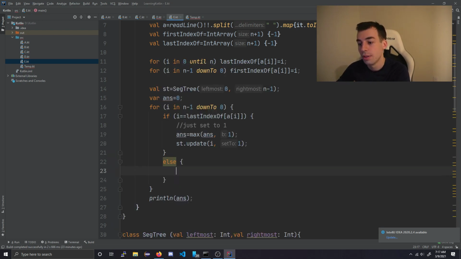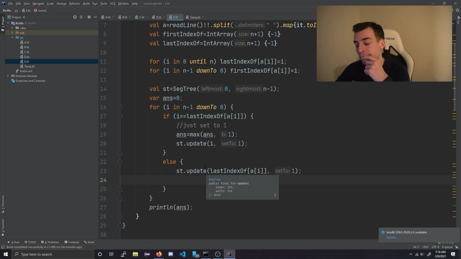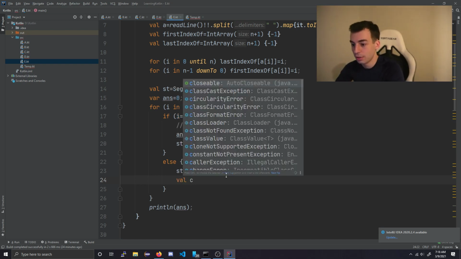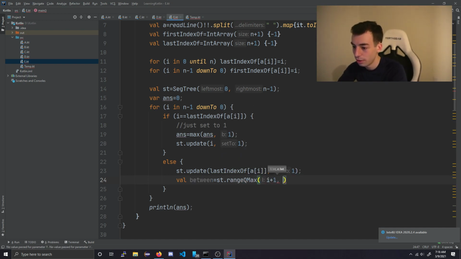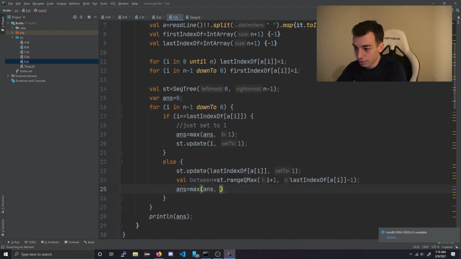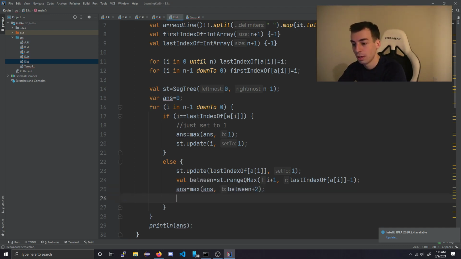Otherwise, update the last index of I to 1. Val between equals st dot range q max from I plus 1, last index of a at I minus 1. Ants equals max of ants and between plus 2. And then st.update the last